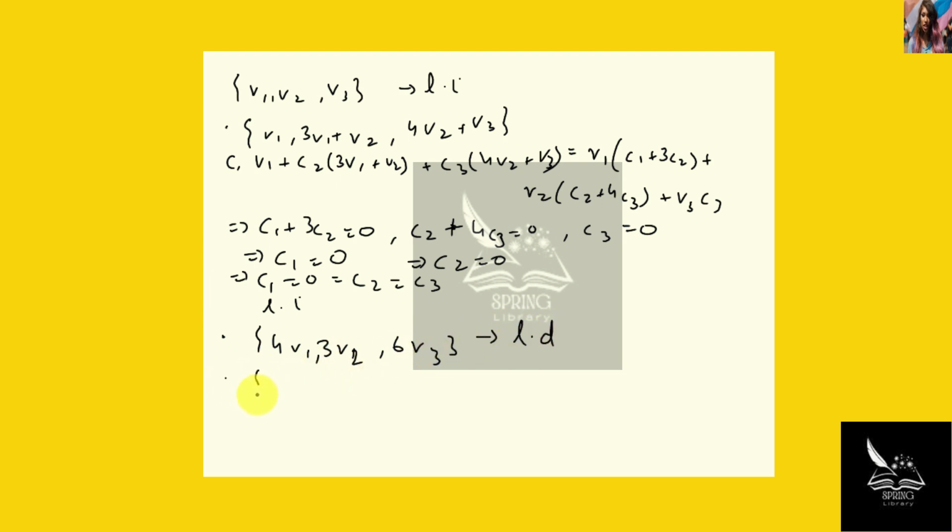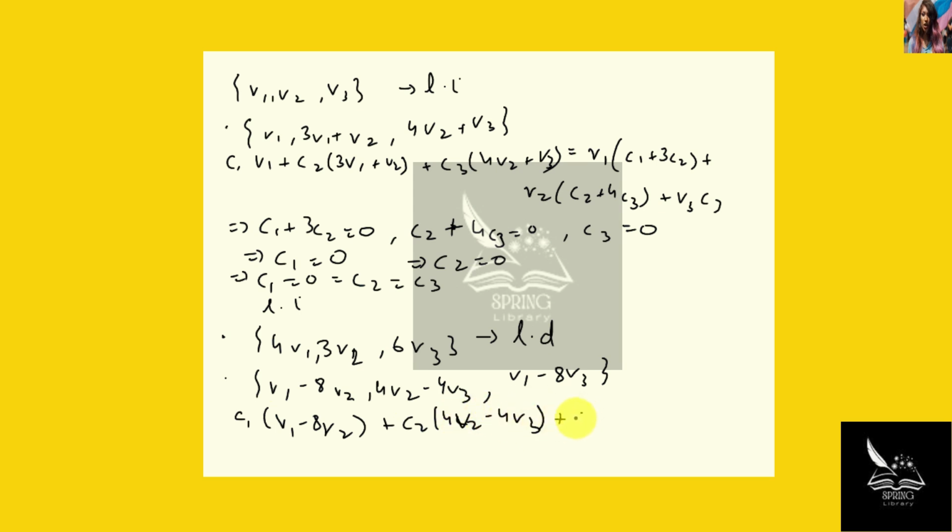Now third we have v1 minus 8v2, 4v2 minus 4v3 and v1 minus 8v3. So clearly again we will use the definition: c1 (v1 minus 8v2) plus c2 (4v2 minus 4v3) plus c3 (v1 minus 8v3). So we can write this as v1 (c1 plus c3) plus v2 (minus 8c1 plus 4c2) and plus v3 (minus 4c2